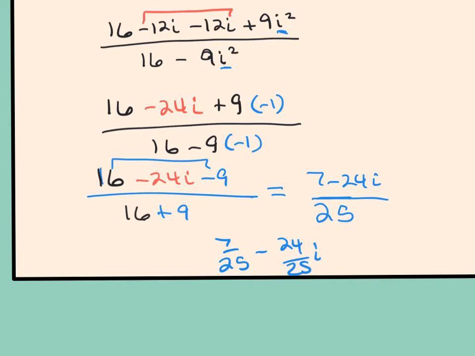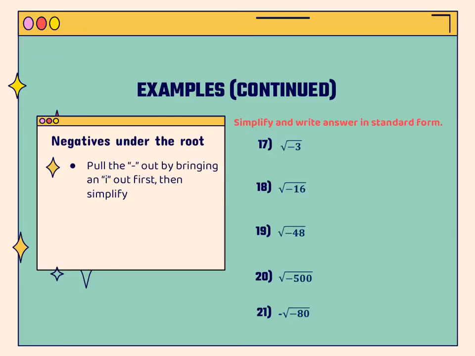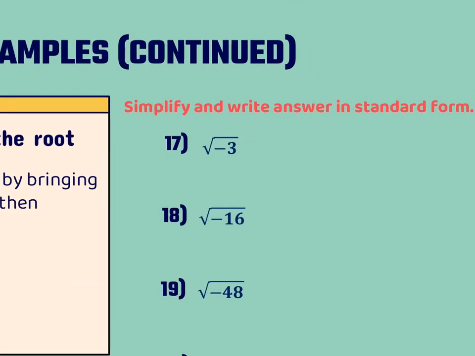Now we're going to practice breaking down negative square roots. This is what you're going to need when we do 1.5b, especially when you're doing the quadratic formula and you end up with a negative under the square root. Let's practice breaking them down. So what we're doing here is we're going to pull out the negative sign by bringing out an i first, and then we'll simplify. So for example, on number 17, if I go ahead and change this into negative 1